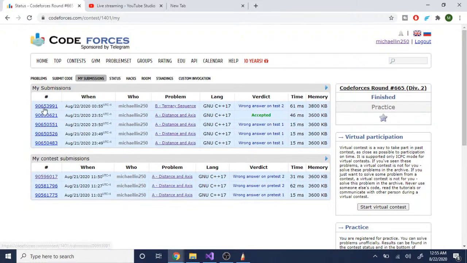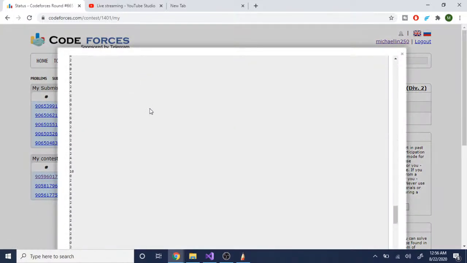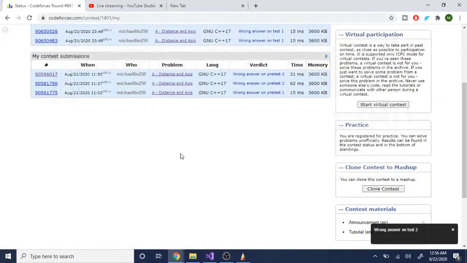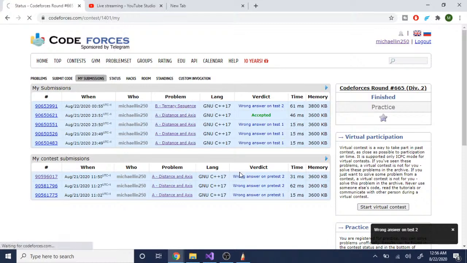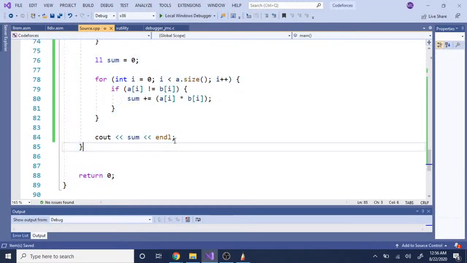Wrong answer at 2. Oh Lord, I don't know what I'm looking at. Found -2, expected -2, found 0. So is it possible to have negatives? Yeah, okay, so it is possible to have negatives. Because what I was doing, I was trying to maximize it as much as possible. That means that there are cases where